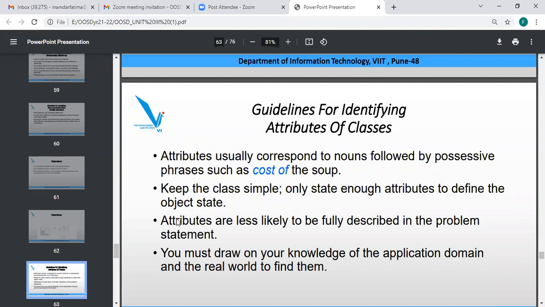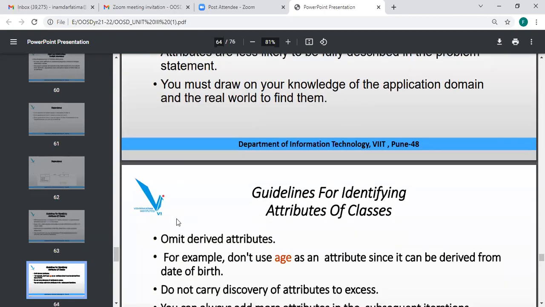Keep the classes simple, and state only enough attributes to define the object state. Attributes are less likely to fully describe the problem statement. This has to be drawn from your knowledge of the application domain and the real world, so you have to acquire that knowledge.